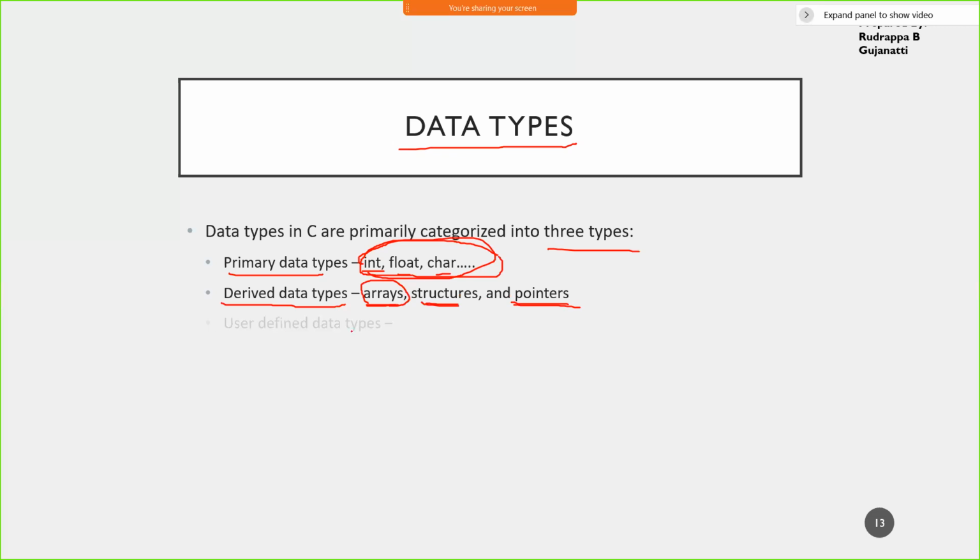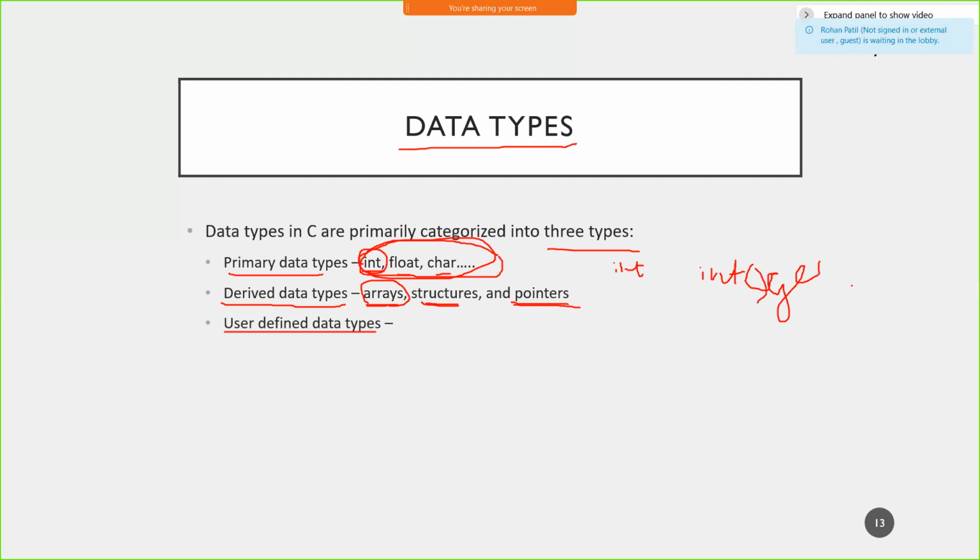And next you have the user defined data types. So here is a slight difference. What it implies is, suppose I want to have a different name for int. Instead of specifying it as int, I want to give it a name as integer. I want to use something like this.